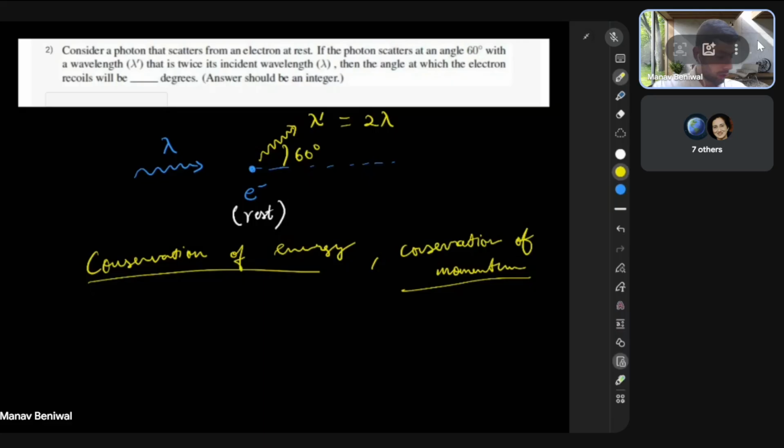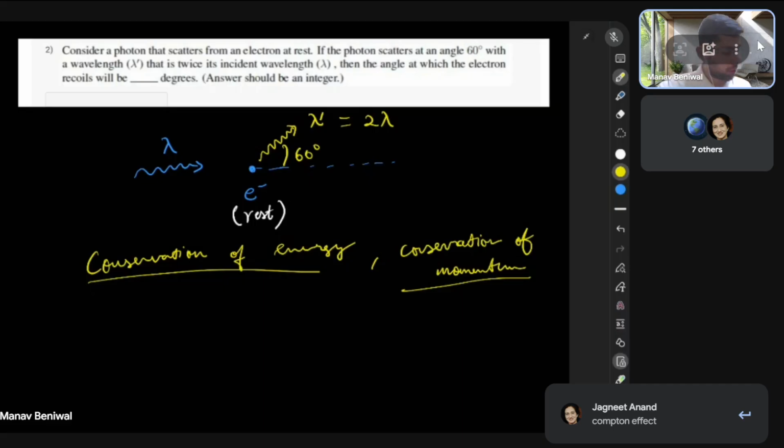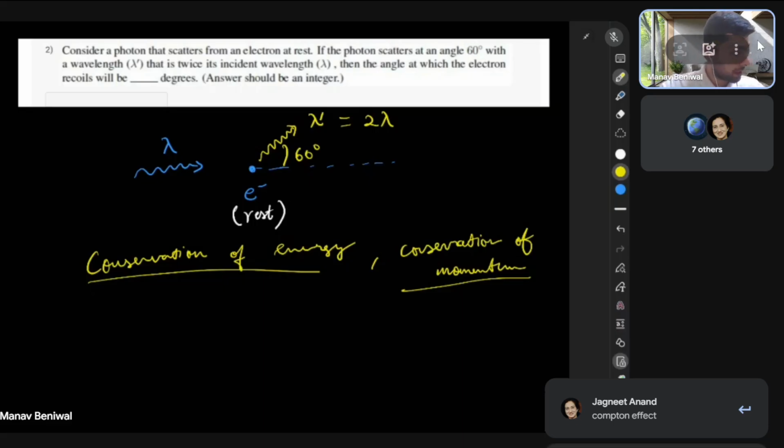Now using both these conservation laws, does anyone know the name of this phenomenon when your photon scatters with an electron and it is emitted with a different wavelength? Compton effect, correct. So this is a problem based on Compton effect. Yeah, exactly. And for Compton effect, we can,